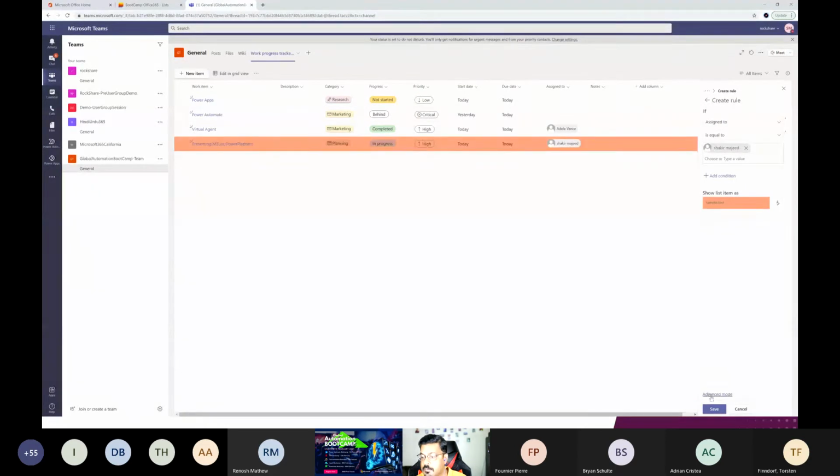So see how easy it is to mark your data in a different color format. So you don't require a developer or an IT personnel to assist you. As a power user, I can do it. And